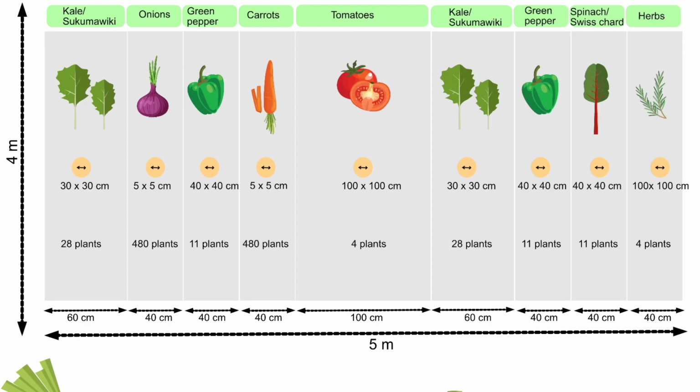In this plan you can play around and put whichever kind of vegetable you would like to put. But here I've also chosen to put some of the common vegetables that are grown in Uganda, for instance, the sukuma wiki or kale, onions, green pepper, carrots, tomatoes, and then again kale, green pepper, Swiss chard,